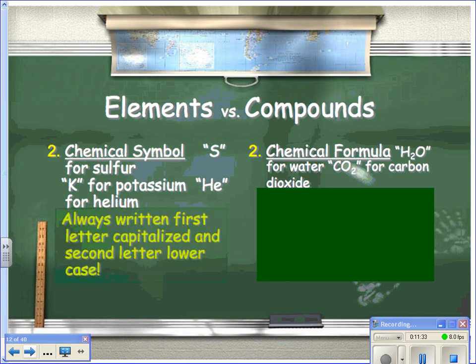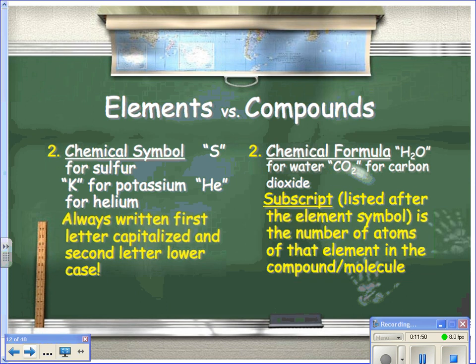In a chemical symbol, we will always write the first letter as a capital letter, and the second letter will be lowercase. In a chemical formula,